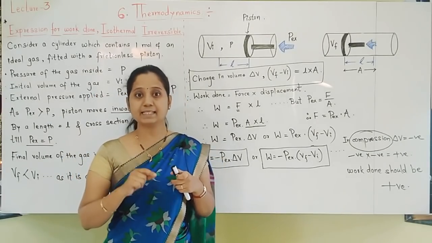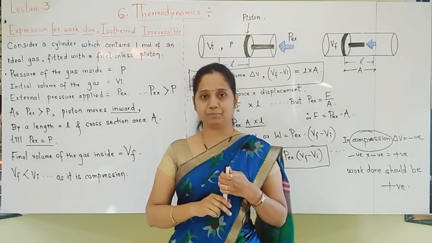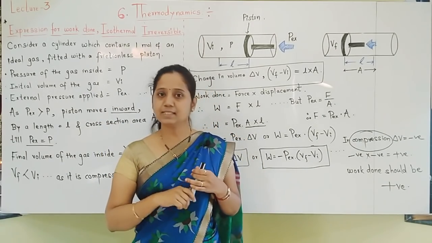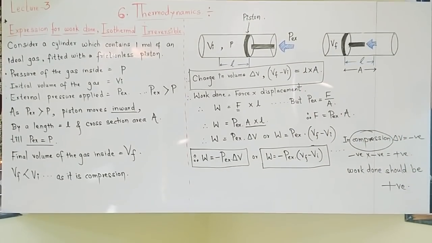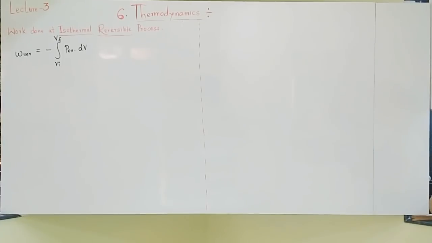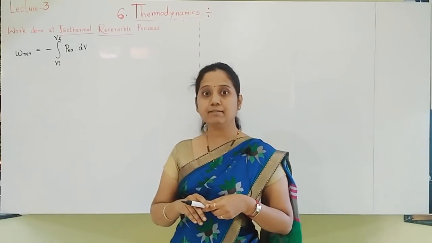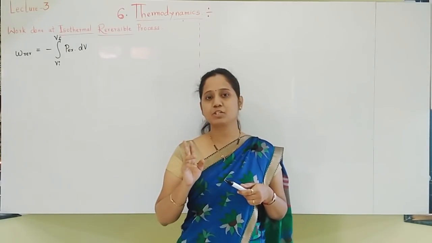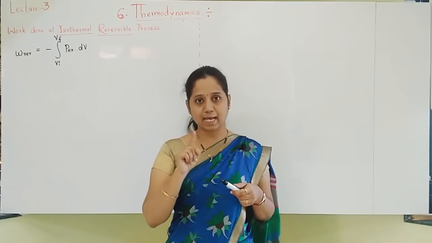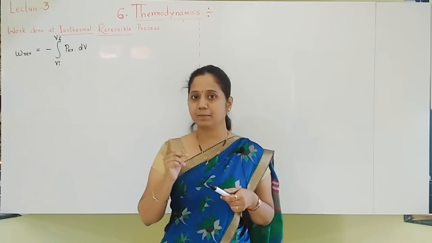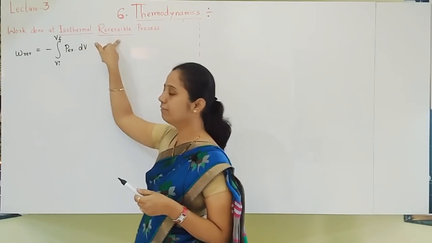Let us go for the next derivation for work done, but that is for isothermal and reversible. I hope that you understood this. Let us move to reversible. Yes, friends, let us start with work done in an isothermal and reversible process. I told you that two types of derivations are there. So see the question properly. Which type of derivation is asked? Whether it is isothermal reversible or isothermal irreversible. Irreversible is over. Let us move towards the work done expression for the isothermal reversible process.